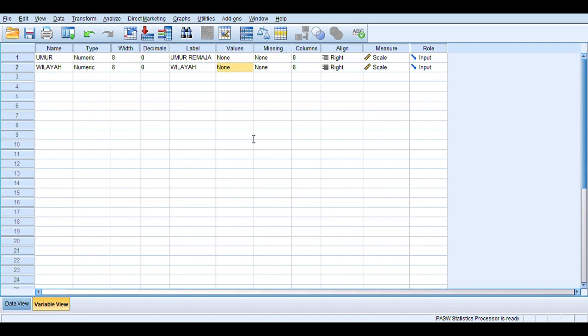Value 4, South Jakarta. Value 5, North Jakarta. Click OK. Click data view again.